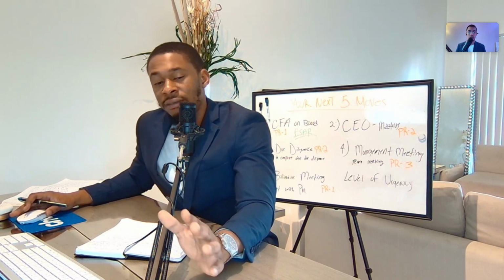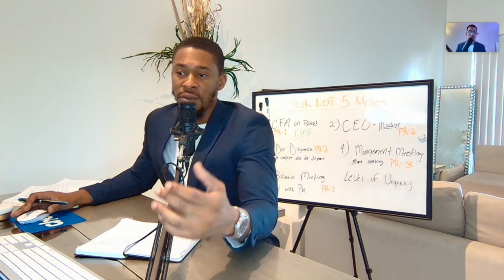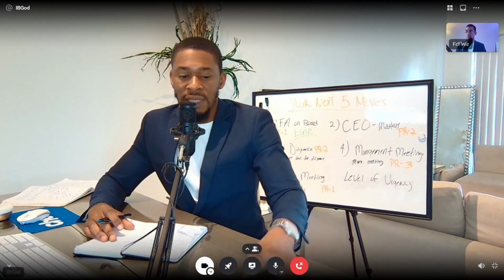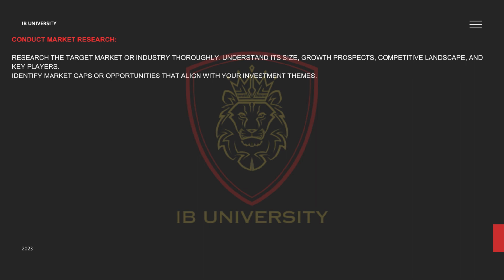And then lastly, you have to look at your exit potential, because when you start looking at these businesses and you form your strategy of how you're going to grow, you must look at what your exit strategy is, meaning how you're going to get rid of it. Are you going to go via IPO, which is an initial public offering? You're going public on a stock market, or are you going to do a private sale, right? So that's number three. Let's follow up with number four, which is market research.